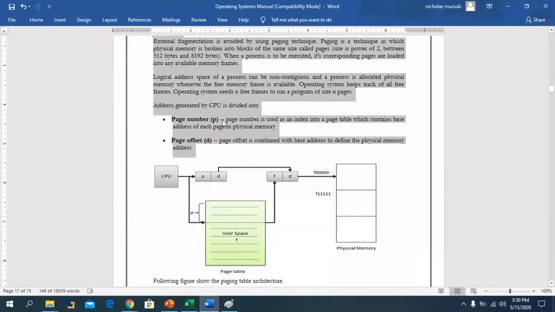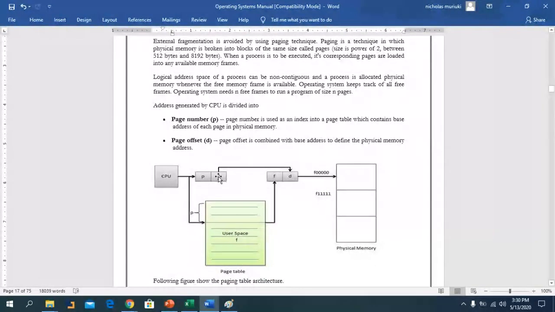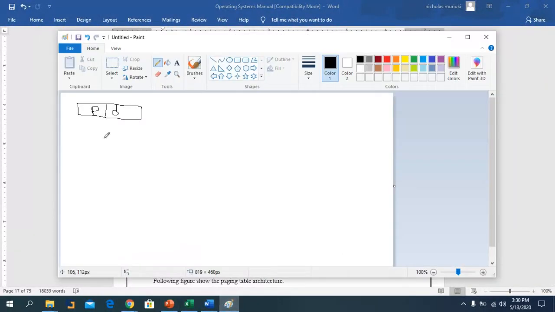So a page number is used as an index into a page table, which contains the page entries of each page in the first column. So we are looking at now, this is a page that has everything of a process. But this page offset is the one that is now supposed to take the process to the physical memory. So for this case,